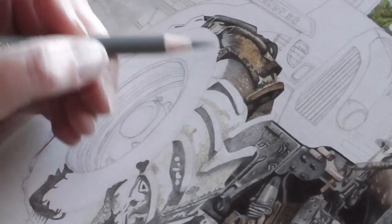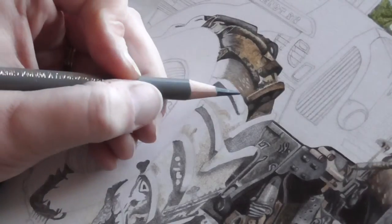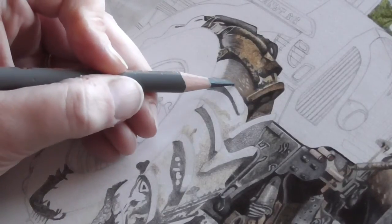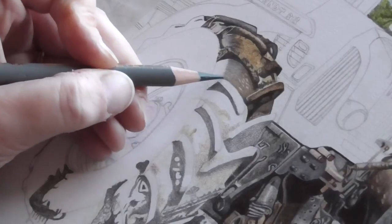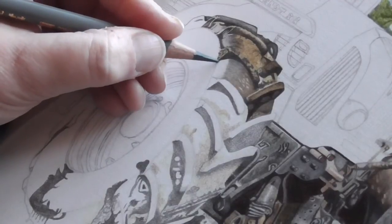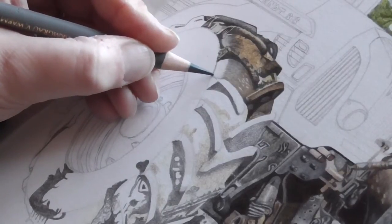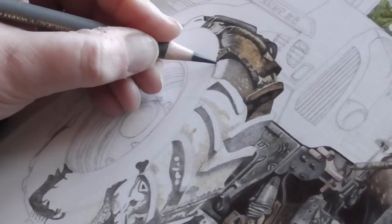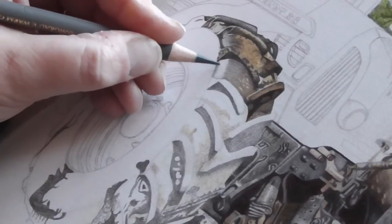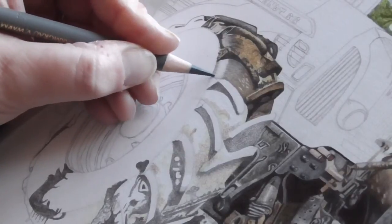So that's the first layer of grey. And what I also like to do, if there's any sharp definition, I like to try and get the lines in straight away so I don't lose that. There's also a very small amount of this grey just at this bottom line here. As you can see, it's not picking up an awful lot of colour because the white's already down, the highlight, but that just shows you that there is actually a highlight,